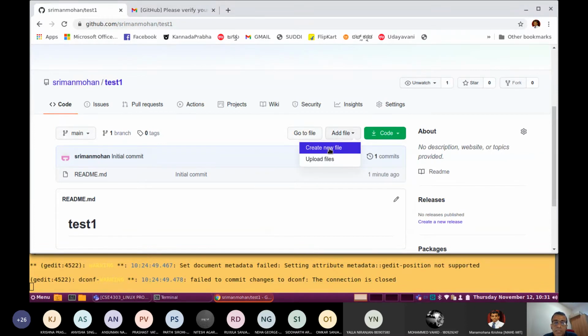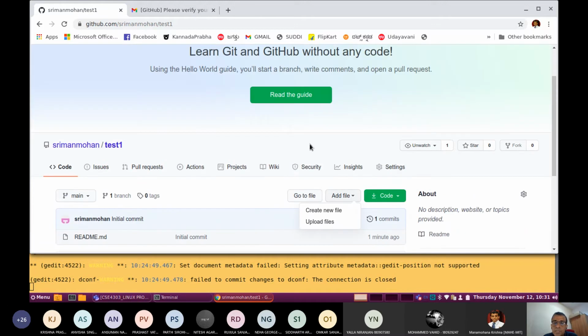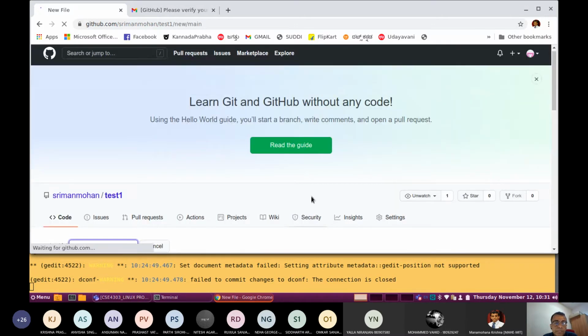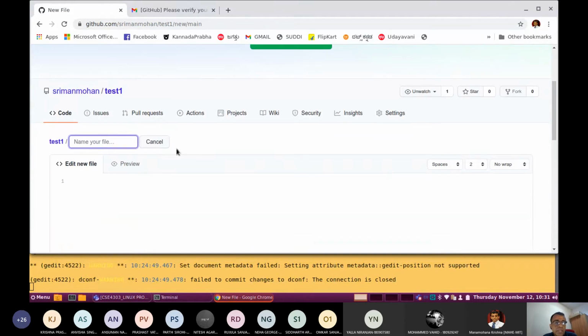Let me create one new file here. I can name this particular file, for example, m1.txt, and I can edit this particular file.